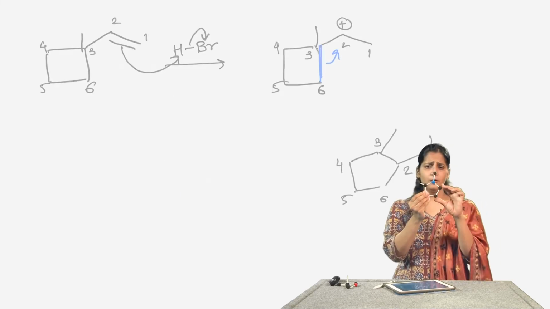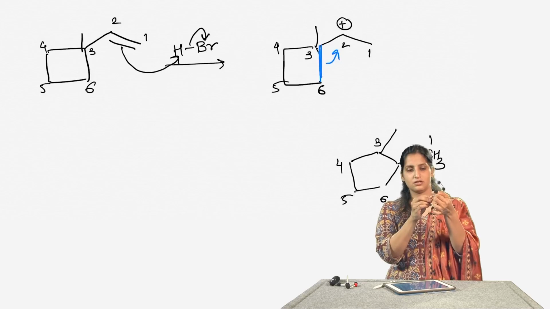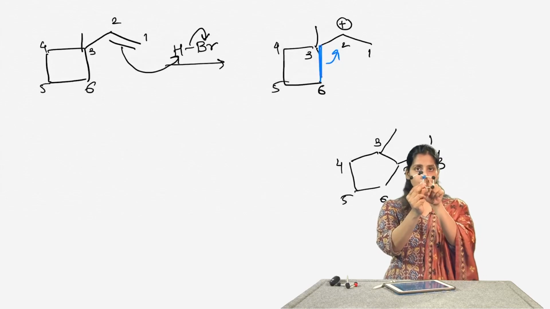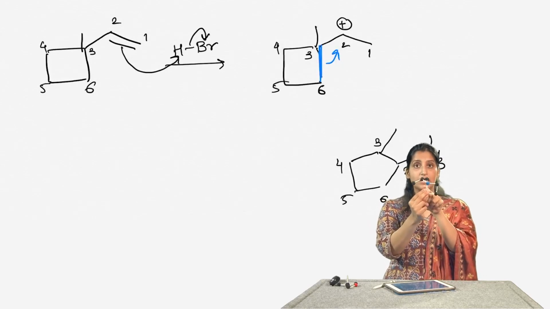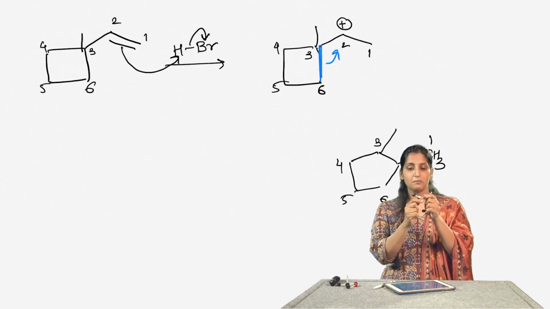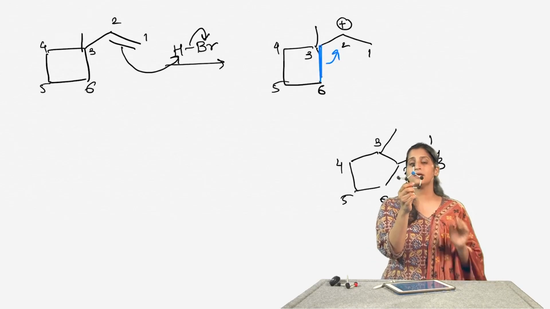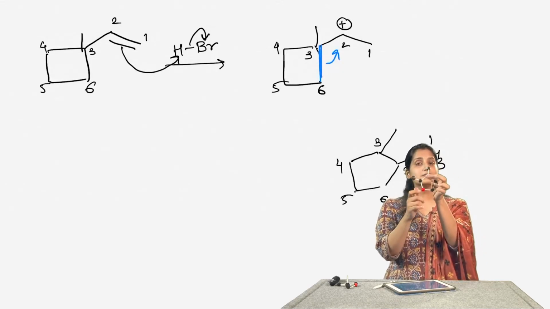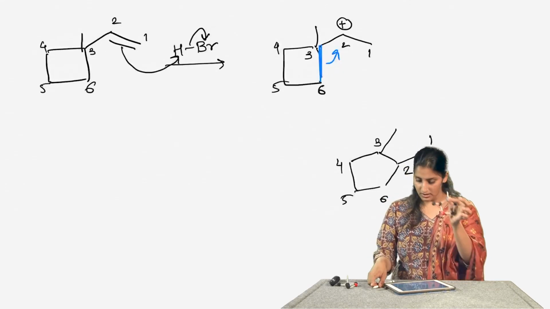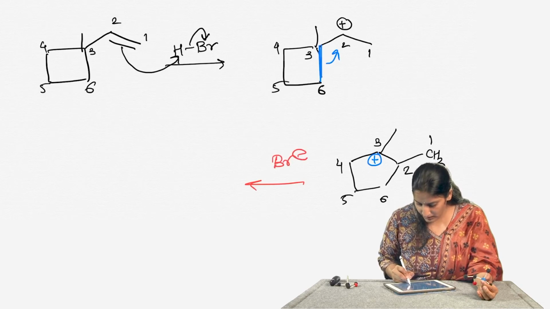Okay. Now, if you really think about it, which is the carbon that lost a bond in this transition? If I see this blue carbon here, which is carbon number 3 to begin with, is really losing a bond, because at first it was forming 4 attachments, but in the new structure this particular blue carbon here is only forming 3 attachments. So, really this is the carbon that lost a bond. Okay. So, as I can see, the carbocation will be formed on carbon number 3, and when this reacts with the bromide, this bromide attacks to form the